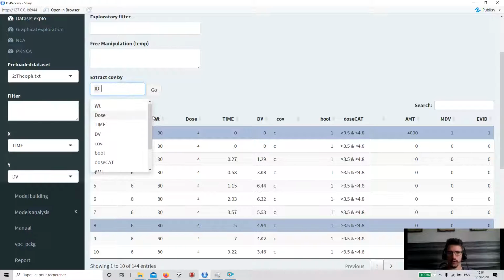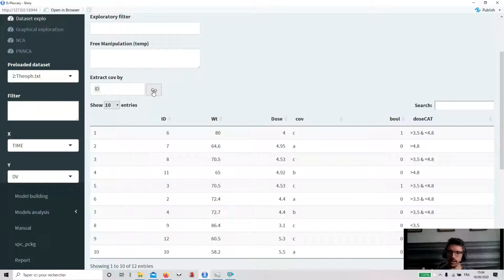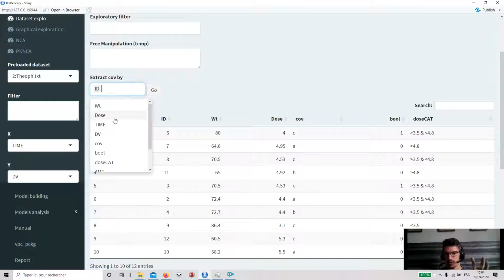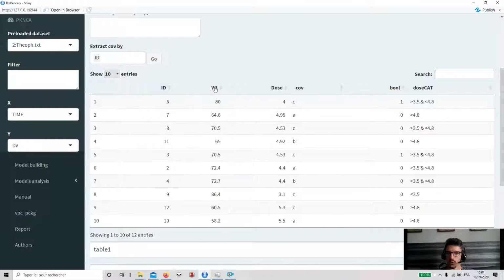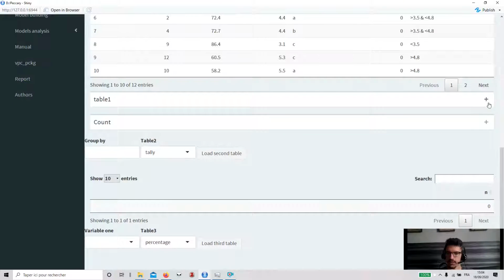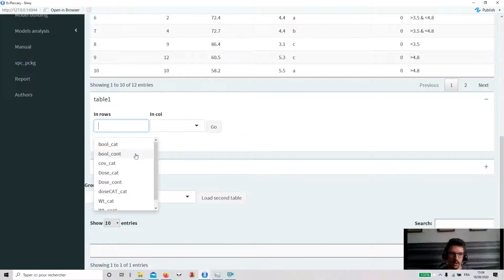To do that, you click on ID and then click on Go. When you do that, Peccary analyzes every column and just keeps the columns where you have one value per ID. And you can have several column headers here, for instance, if you want ID and occasion, you can have occasions here. So here you have all your covariates, and then on table 1 you can just say,